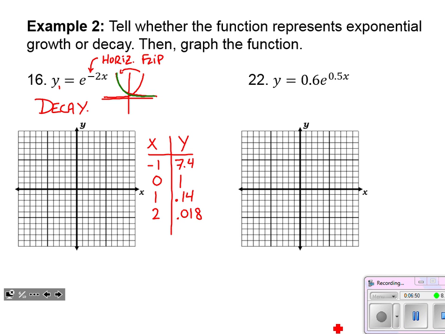All right, I know I said I was going to round to the 10th, but let's see what these points look like. Negative 1, I'm up at 7.5-ish. 0, I'm up at 1. At 1, I'm barely up off that x-axis. And at 2, I am sharing some pixels with it.